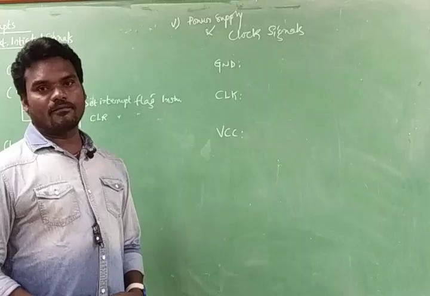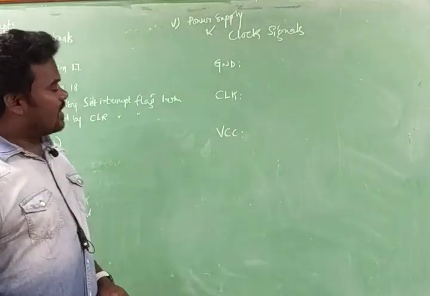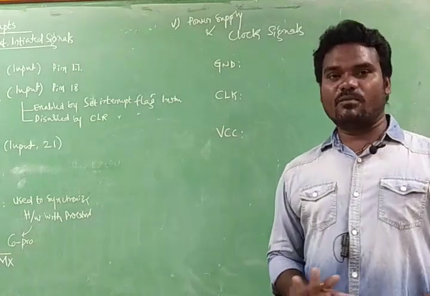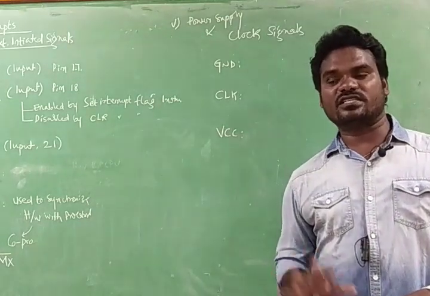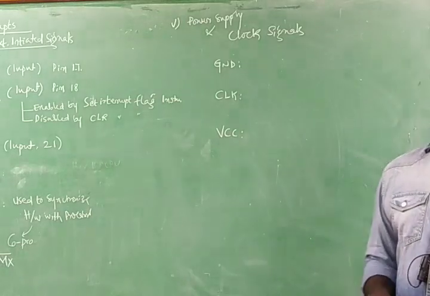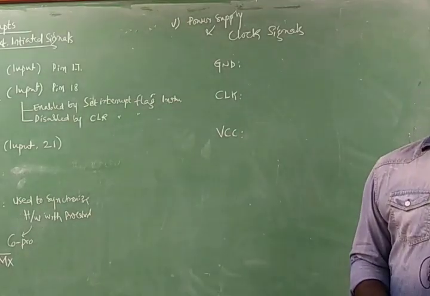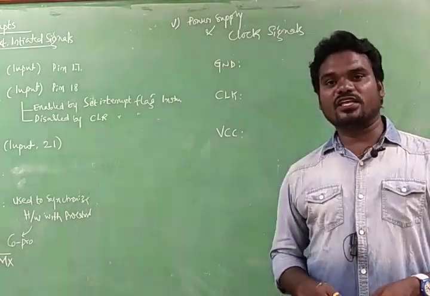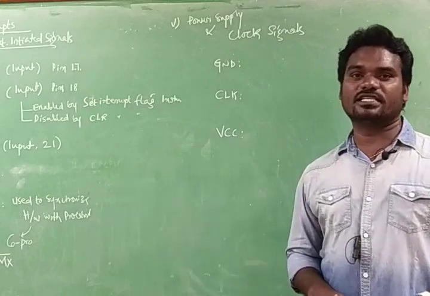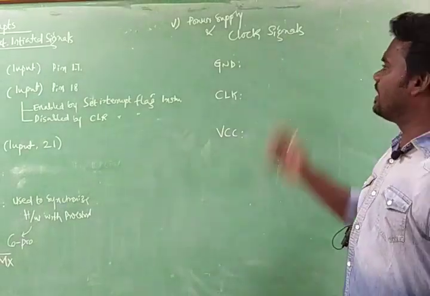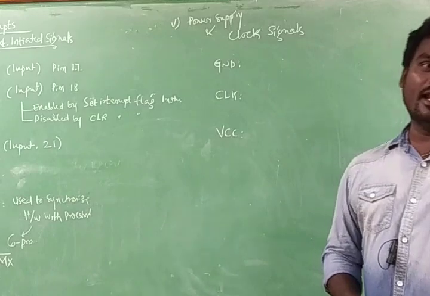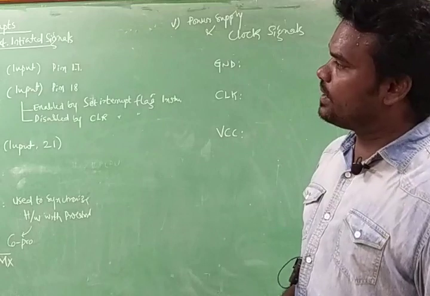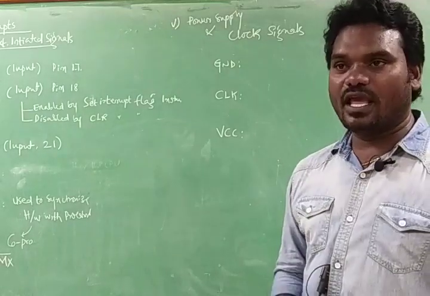And we are left with only the last classification in common mode signals, the common function signals. As we discussed earlier, common function signals are of 5 types. First one is the address or data bus, second is the address or status bus, next is control and status signals, next is interrupts and externally initiated signals, and last is power supply and clock signal. All the negatives will be grounded, so we have to ground pin number 1 and pin number 20.